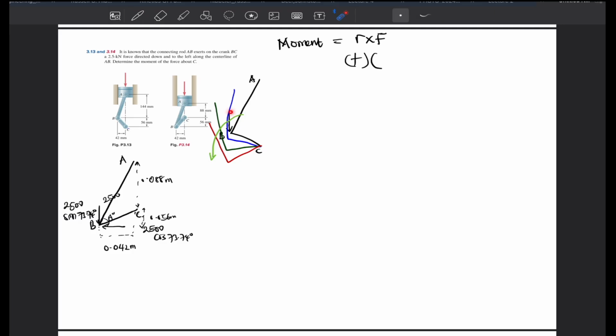So what we do is we take a parallel along the path of the application of force and a similar parallel at C. Then we look for the distance between them. So from our diagram, you can see that the distance between those two positions is